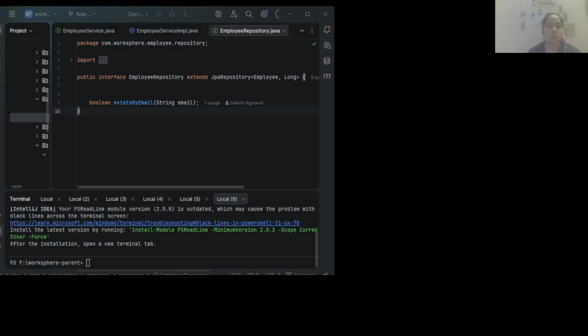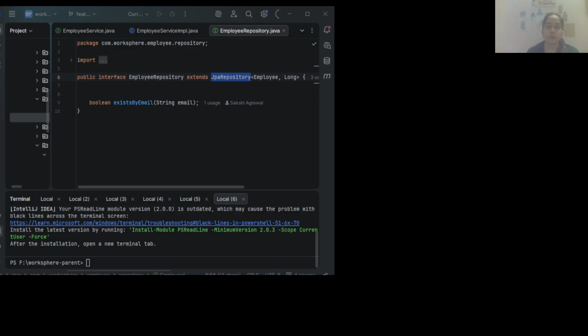Since we use Spring Data JPA, we are using JpaRepository, which is provided by Spring Data JPA, and we can perform all the CRUD operations without writing a SQL query for each one. For normal CRUD operations, we need save, update, delete, find by ID and other find-by methods, which are already provided by JpaRepository, so we can reuse them.